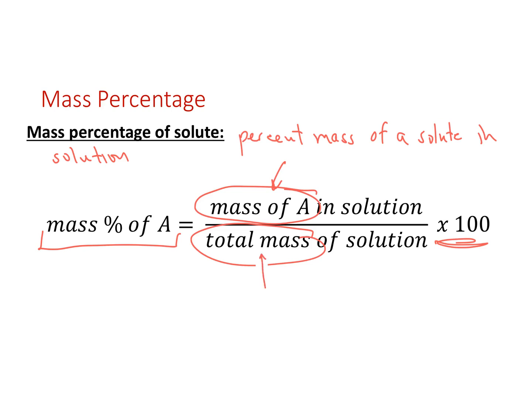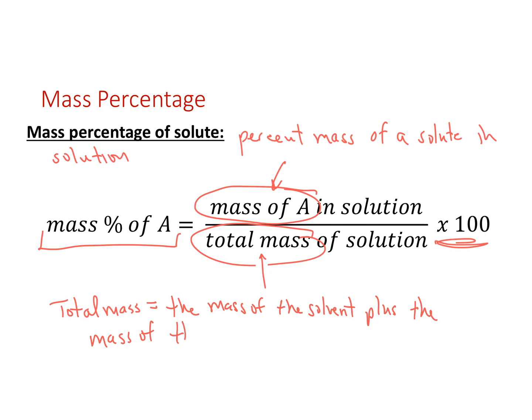And that's a key there, the total mass, right? Total mass is a little bit different than molality, where we just looked at the mass of the solvent. Here we're looking at the total mass of the solution. The total mass equals the mass of the solvent plus the mass of the solute. Right, we need to know the total mass of the solvent plus the mass of what is dissolved in the